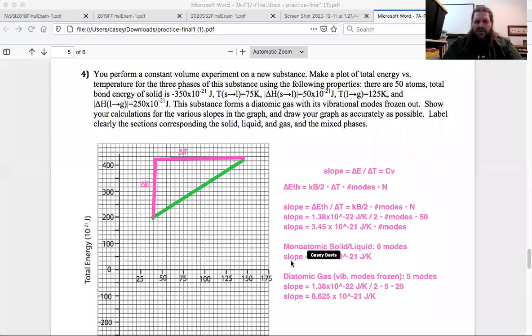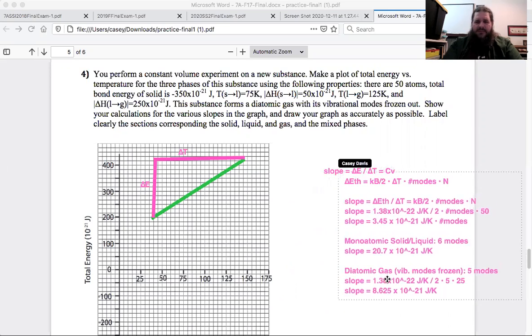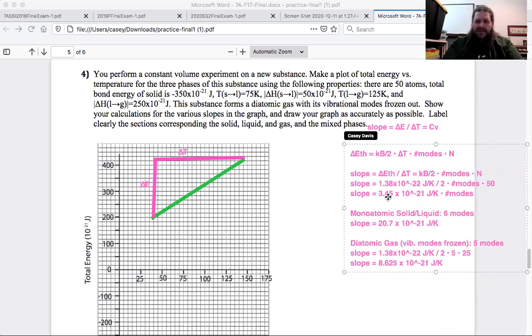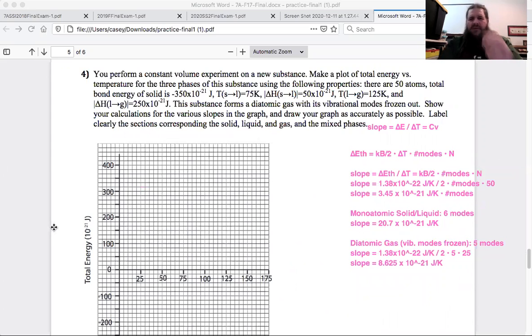8.625 of something versus 20.7 of something. So this is the slope of the temperature versus energy graph in the solid and liquid phases versus the slope in the gas phase. So now we at least know what the slope is. But we're going to need some starting points. If we want to know where to start this,